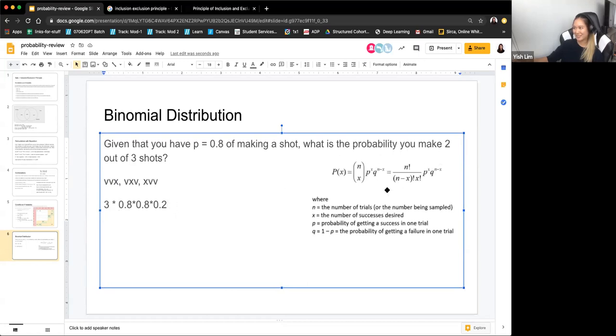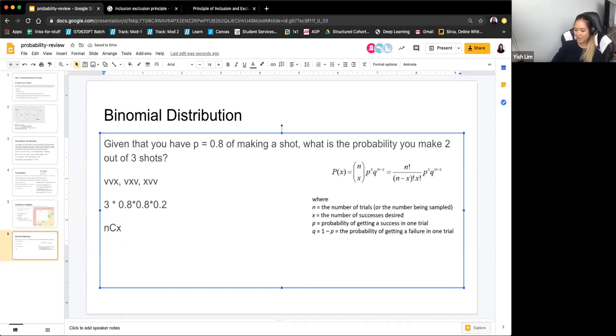I know this looks a little bit intense, but if we break this down, you can see that there are 3 main parts to this equation. There is the combination part. If you ever see, in a tall bracket, 2 numbers, one on top of the other, that's just another notation for a combination. So this n over x thing is just another way of writing the combination. So we have this part first, followed by